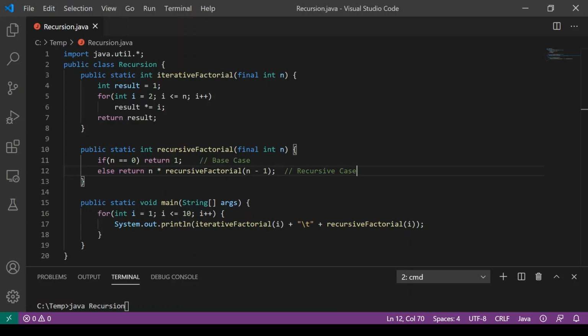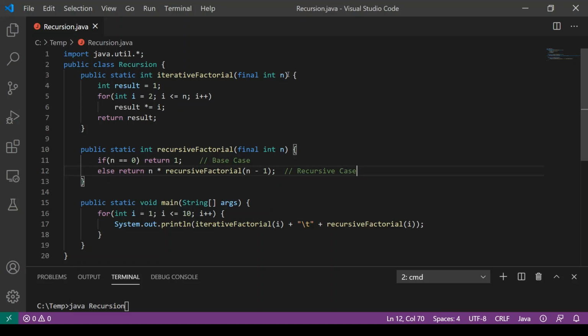Recursion is the fundamental means of repetition in functional programming languages, but recursion is also supported in nearly all modern programming languages. So this video will first discuss recursion in Java before moving on to examples in functional programming languages. Here we see an example of computing the factorial of n, which results from multiplying together all the numbers from